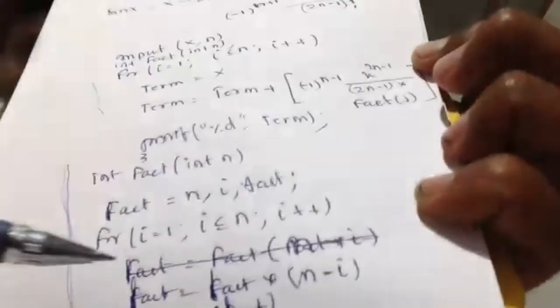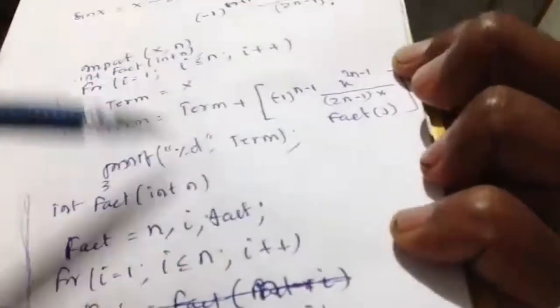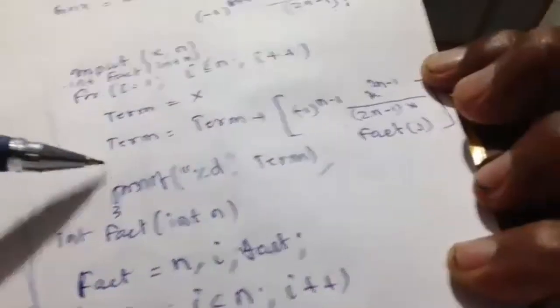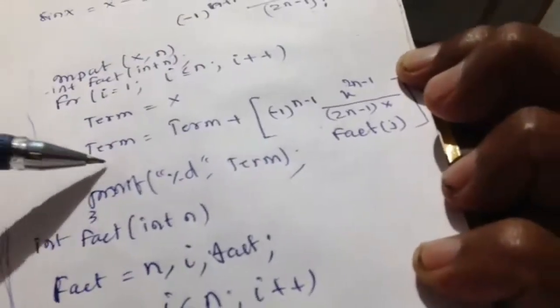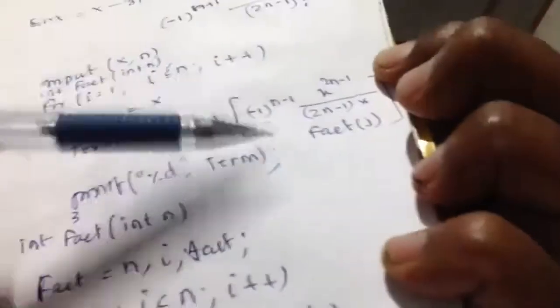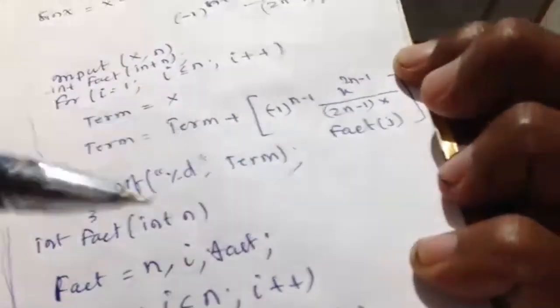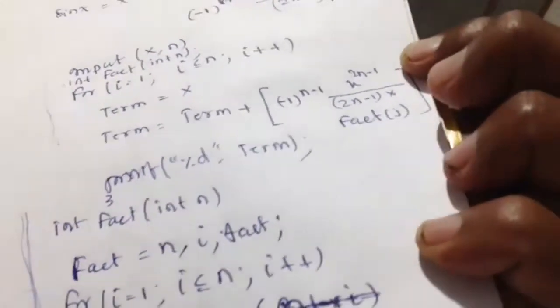Yes. Now you see, without removing the factorial, I just make one subprogram. I call it each time. When i equal to 1, I return factorial 1. i becomes 2, factorial 2, based on this loop. This for loop. We are having one for loop, no? Based on this for loop, it will return the corresponding value. And no need to remove the factorial.